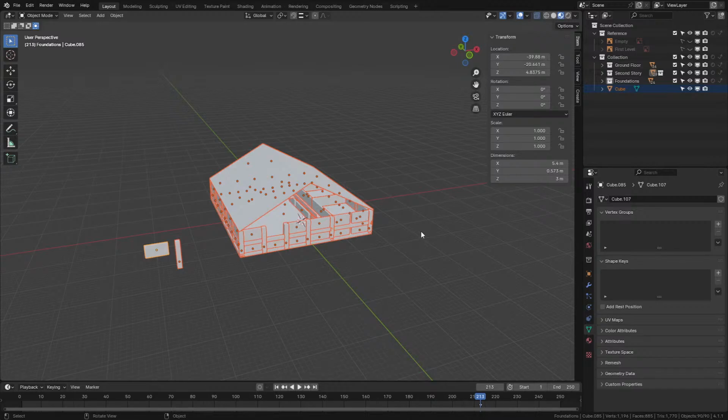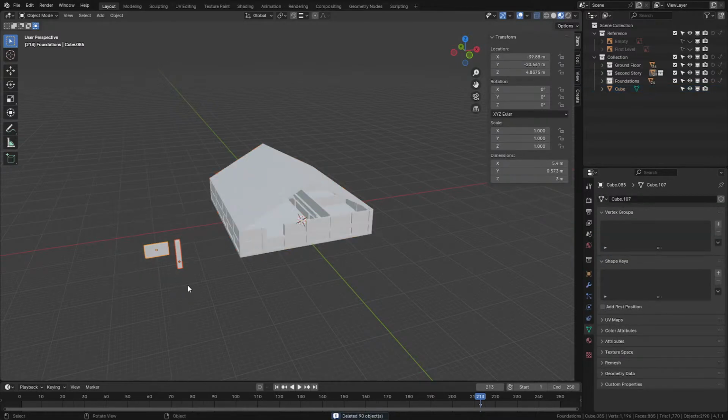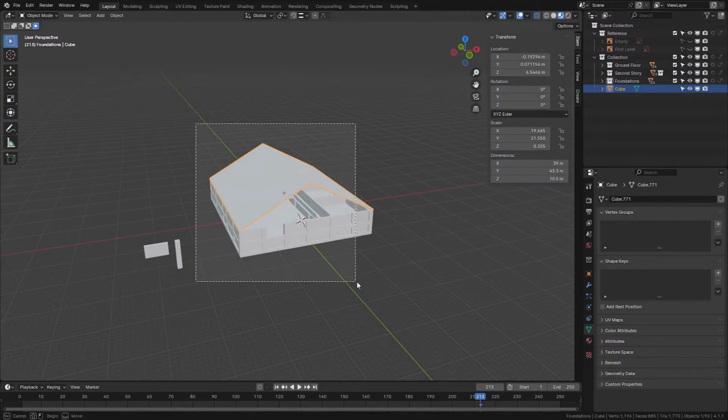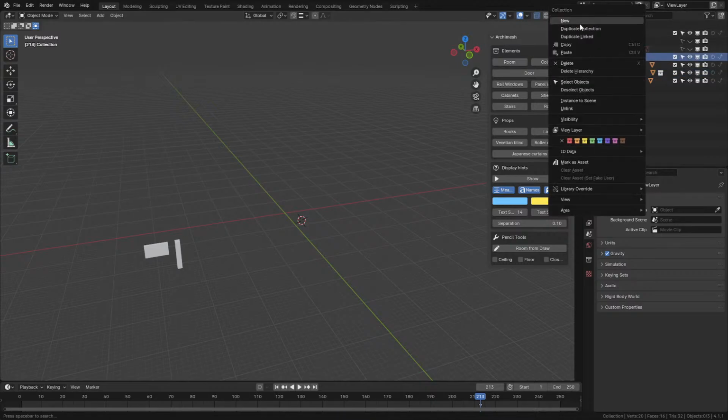Select, invert. I literally inverted it. Fine, let's select. So now we've just got this here,